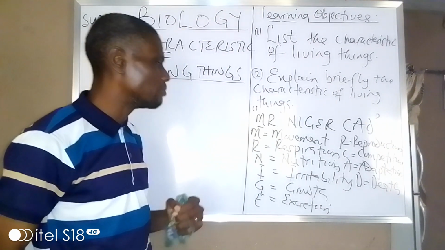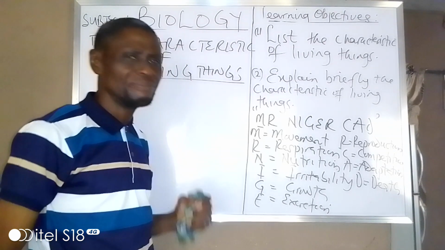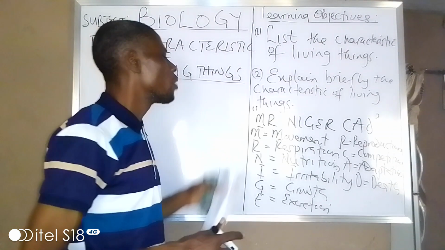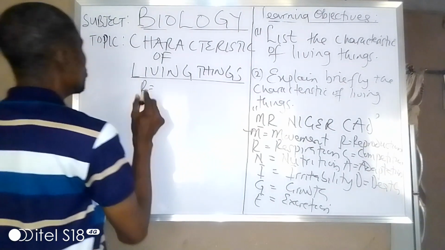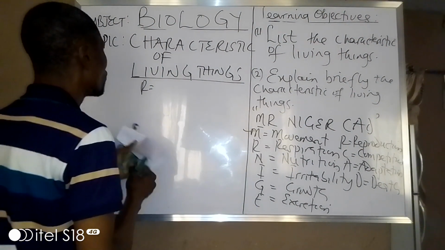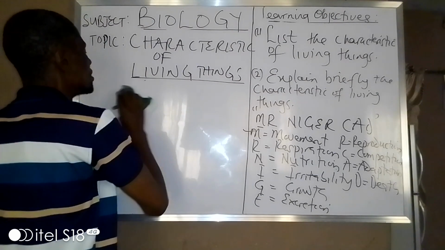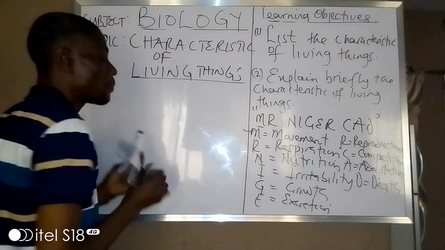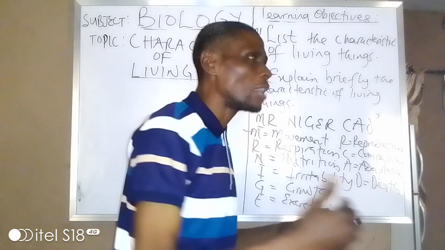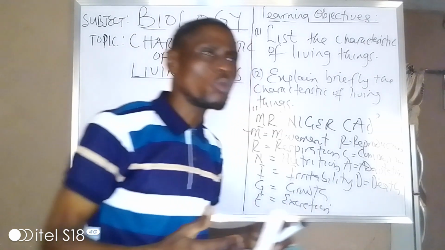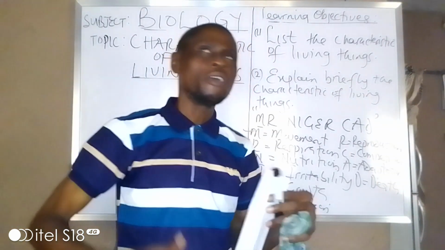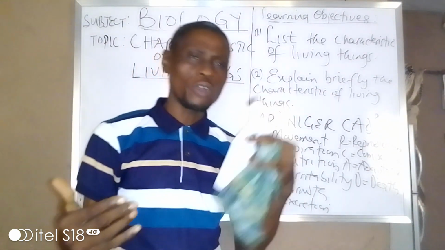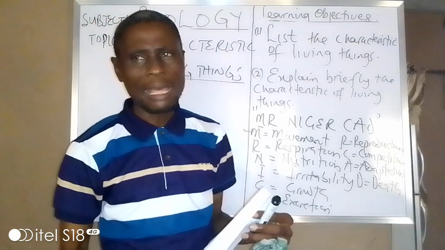of them, we have listed them. Let us now explain briefly each of these. When we say movement, let's look at the movement. Movement has to do with what? Locomotion. Locomotion, ability to move from one place to another, maybe in search of food, in search of greener pastures. I can move from one place to another. That's what we call what? Movement. Ability to move from one place to another for a particular purpose, maybe for food, for shelter, name it.